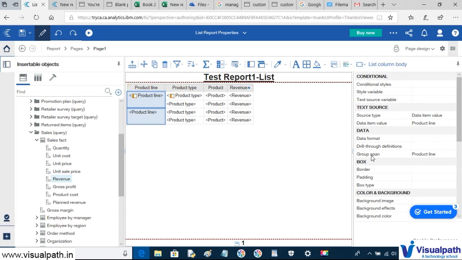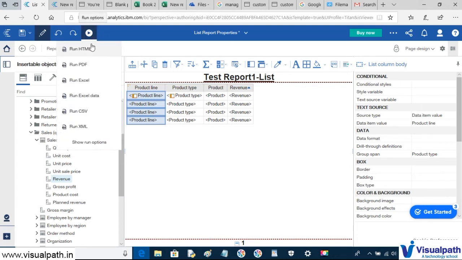Under group span you can see we have something called product line. So click it. Click on this group span property and click on this product type. Here we are spanning the product lines based on the product types. Now click on run report, select run HTML.